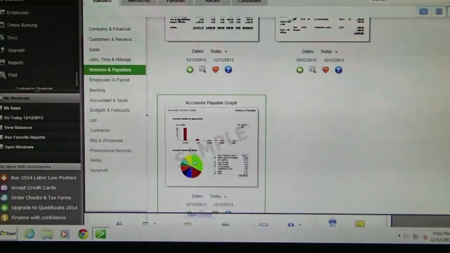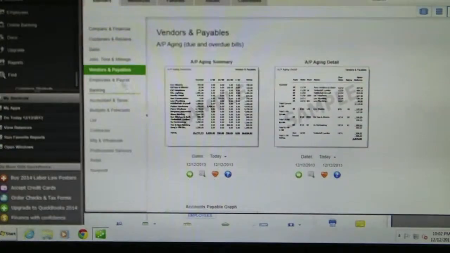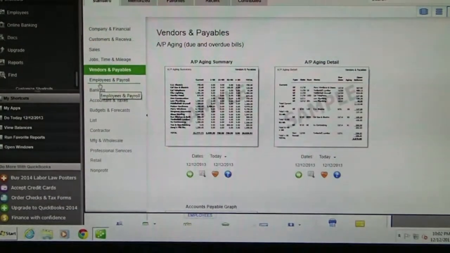Might be legal fees, might be remodeling fees, or whatever project your clients are working on. Those can be graphed out so that they would see where their expenditures are in a graph format, which then can be driven down back into the statement itself. Obviously, there might not be any employees, but let me cut this short and get to budgets